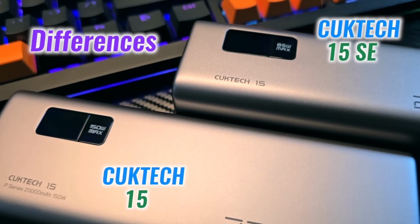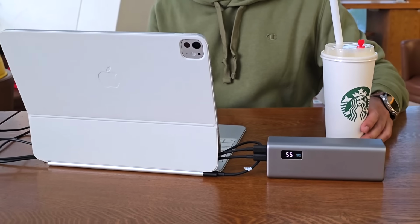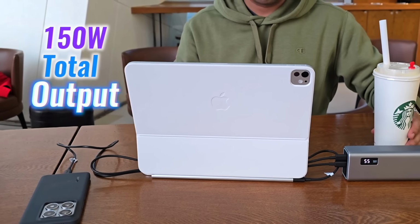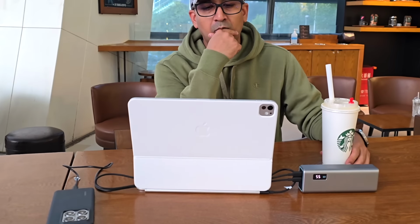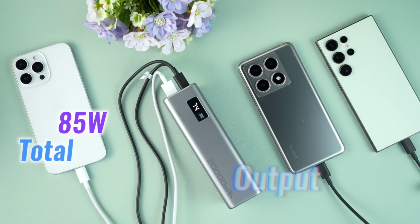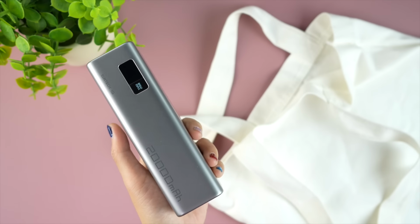Now, let's talk about the differences between CUKTECH 15 and CUKTECH 15 SE. CUKTECH 15 offers a total output of 150 watt, making it ideal for users who need high power for multiple demanding devices like laptops and tablets. In comparison, the CUKTECH 15 SE is smaller with a max output of 85 watt, providing a more portable option